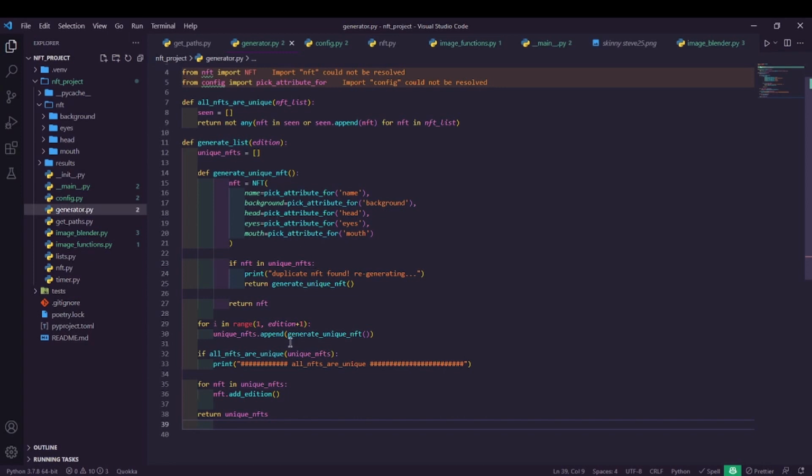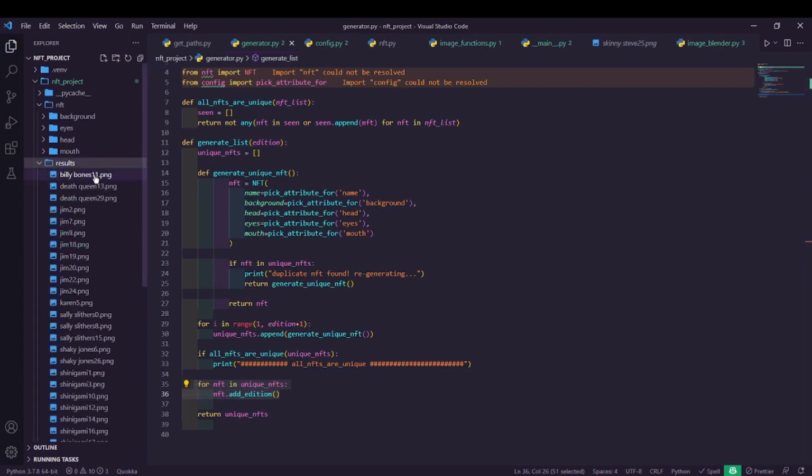It checks that it's made a unique image. If it doesn't, it retries. Then after it has a full list, it double checks to make sure that they're all unique. Once it verifies that they're all unique, then it will give them a number, which is this number here,